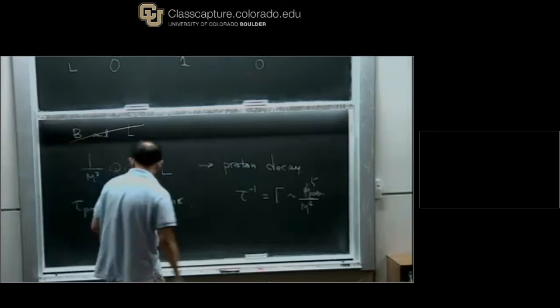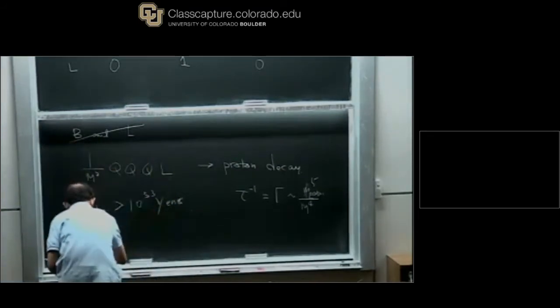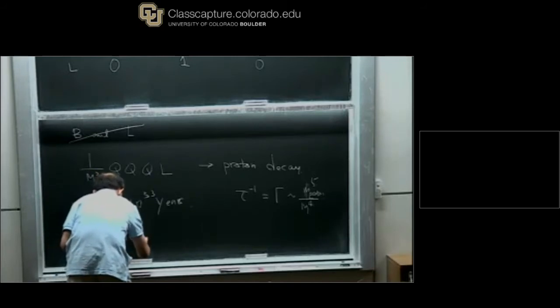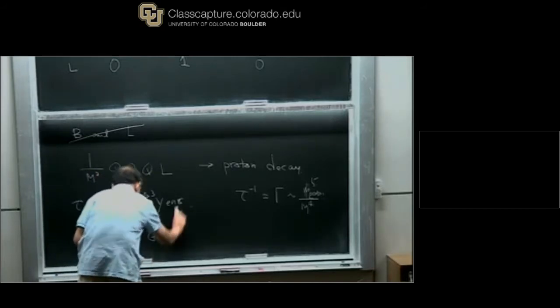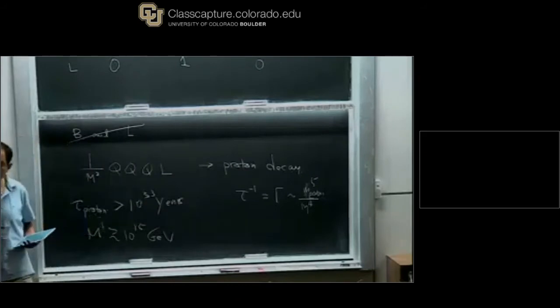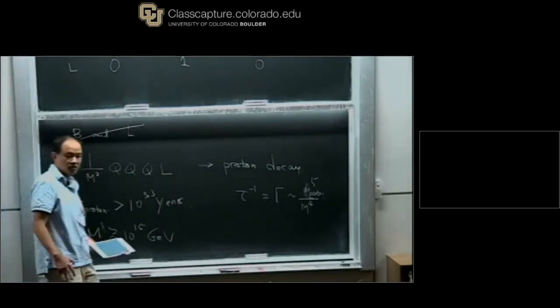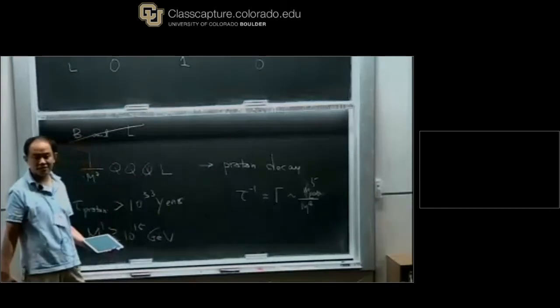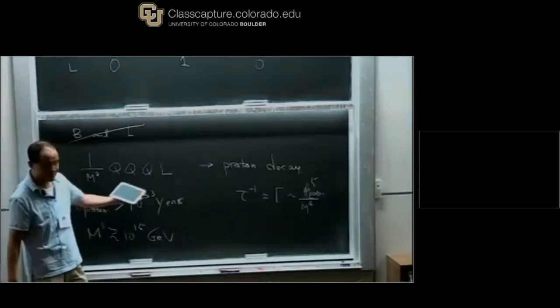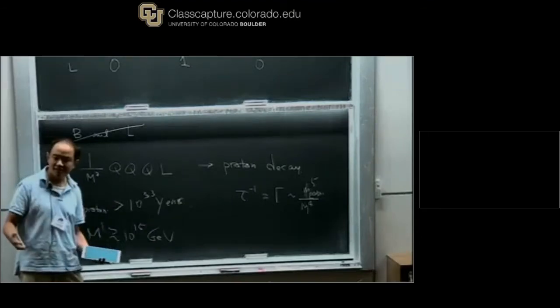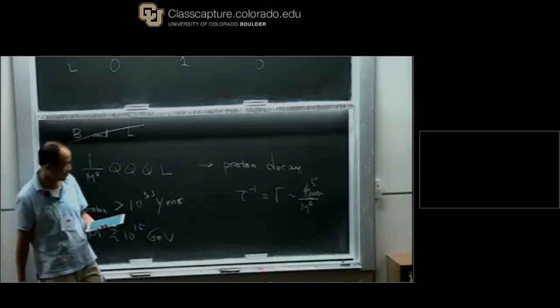All right. Anyway, if you plug in, you do a slightly better calculation, and this is roughly speaking 10 to the 15 GeV. Okay. So this is what kills the first generation grand unification theories. By the way, they have this operator, but they unify around the 10 to the 14 GeV scale. So this will give you a proton lifetime that is too short.